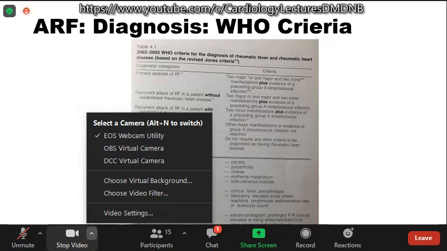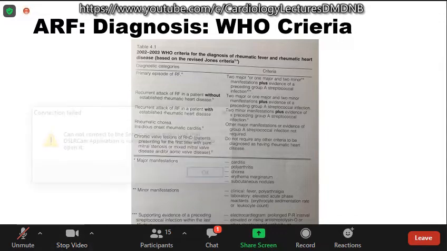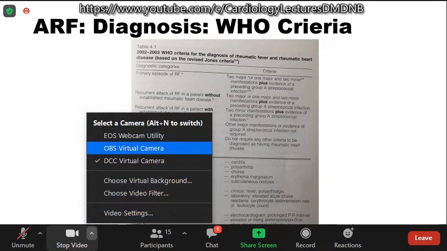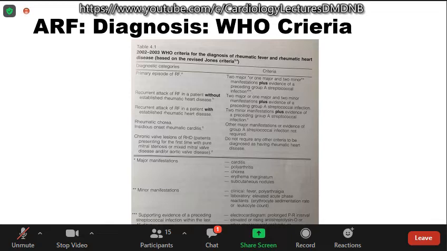American Heart Association has excluded scarlet fever, but WHO in its criteria of 2002-2003 still mentions scarlet fever. Nowadays, people don't consider scarlet fever as evidence of a preceding streptococcal infection, even though it is still included in the WHO criteria. So you should know both criteria. When it comes to WHO, there is a minor difference, but the AHA criteria, which is the latest criteria, has specifically addressed high-risk society and low-risk society, and also included subclinical carditis as evidence of a major criterion.